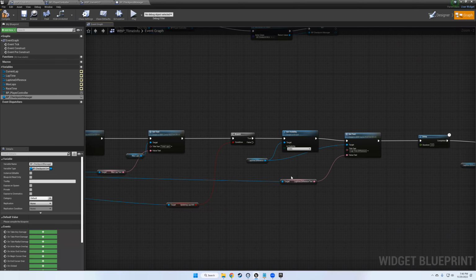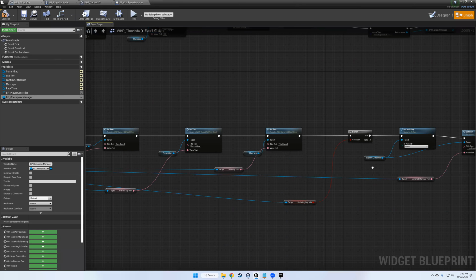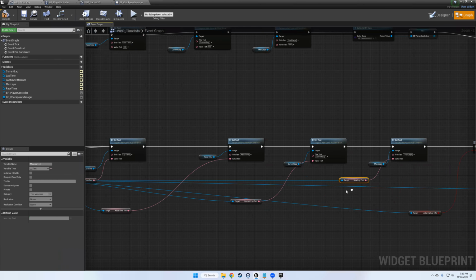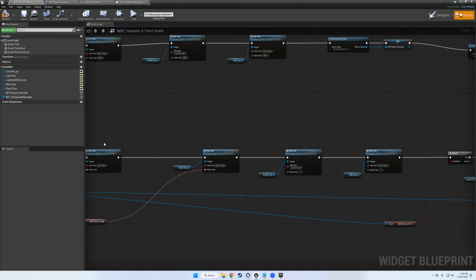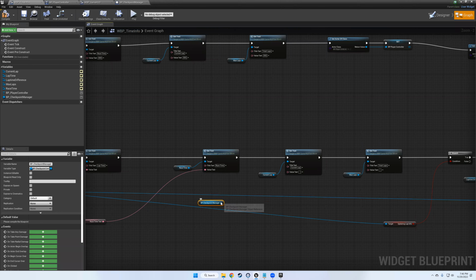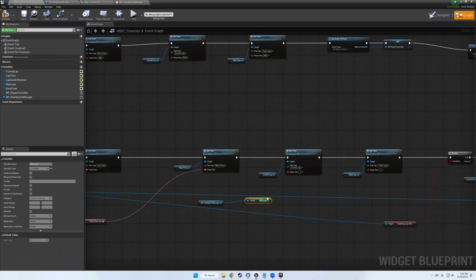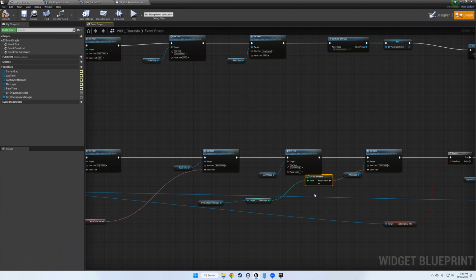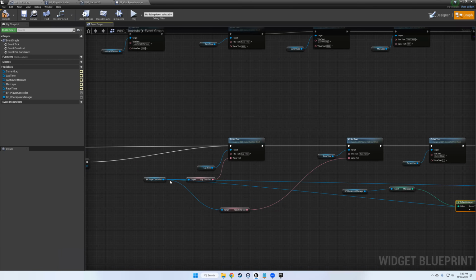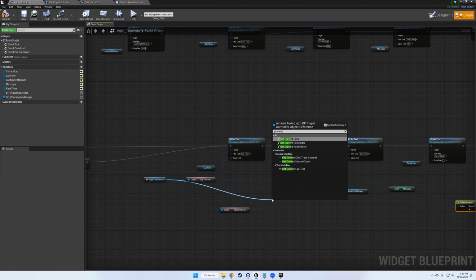And then from there, we can do get current, get max laps. There it is. Okay, that might work actually. And this is the current